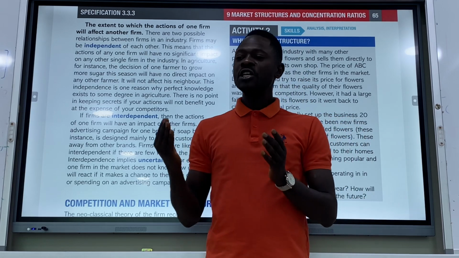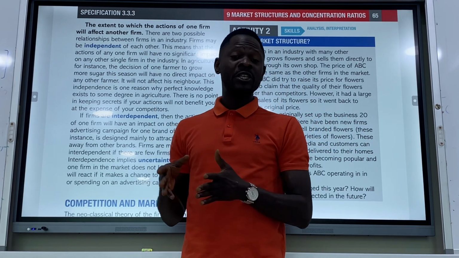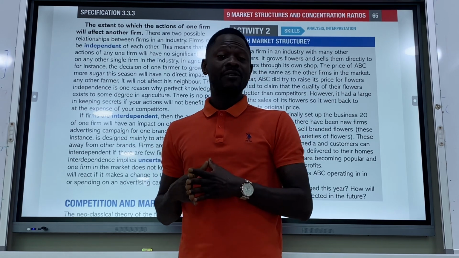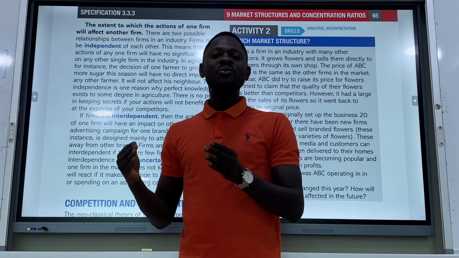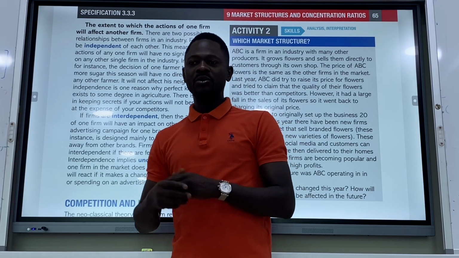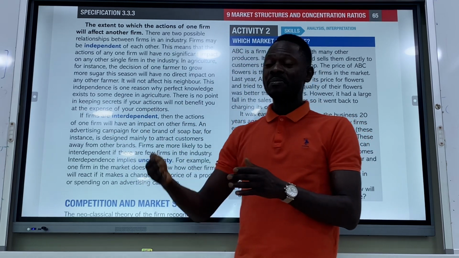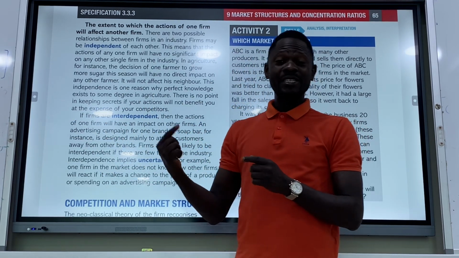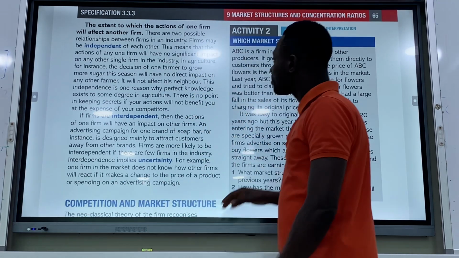So new firms will not want to go into the market because they don't have the same information that their competitors have. And if their competitors have more information than them, it means the competitors will have an advantage and an edge over them. So they might not be interested in going into that market, and that brings about a barrier to entry. As a result, the market could become a monopoly or oligopoly.